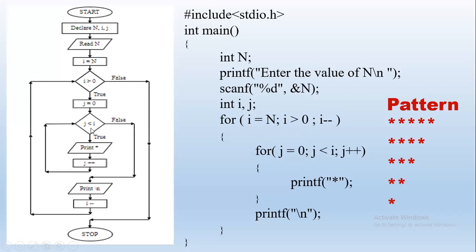Now check the condition: is j less than i? Yes, if it is true, then print star. Mainly we are printing stars only in this pattern. So just print star and every time increment j plus plus, and then check the condition after incrementing. If it is true, it continues. This continues till j is less than i. Once the condition is false, control comes out of the inner loop. Then next we have a slash n, so that we print each row in a separate line, right? Then i becomes the next value, decremented. i is decremented, so i minus minus.